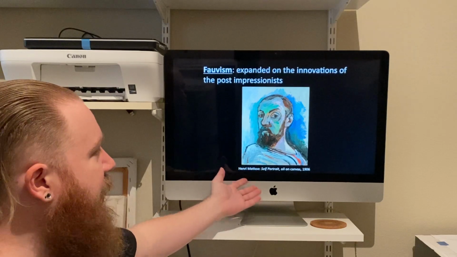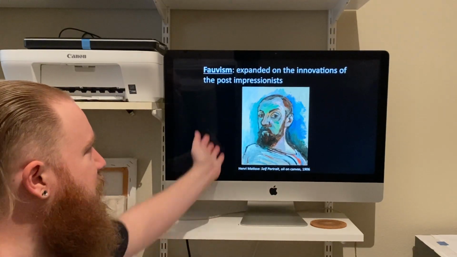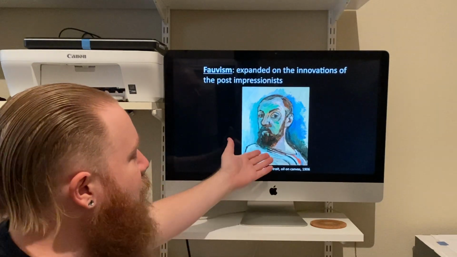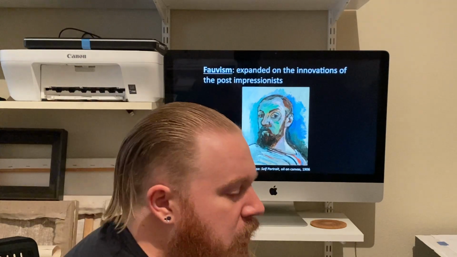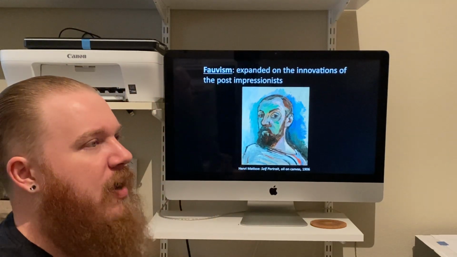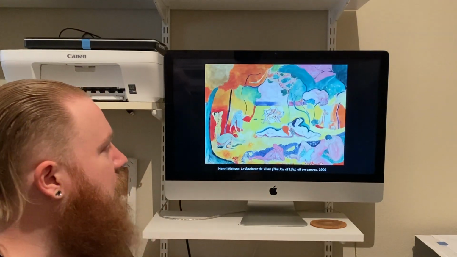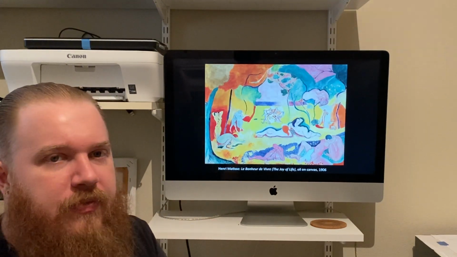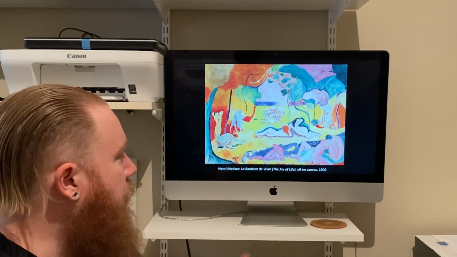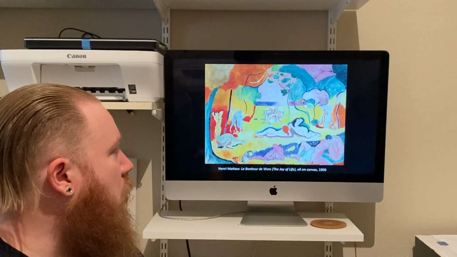But he has his beginnings in academic art, begins to embrace post-impressionism and Fauvism. But we can really see that it's the exaggerated, unnatural use of color which is what Fauvism really embraces. But Fauvism also embraces this kind of allegorical type of image as well. So here we can see Henri Matisse's Le Bonheur de Vivre, or The Joy of Life.